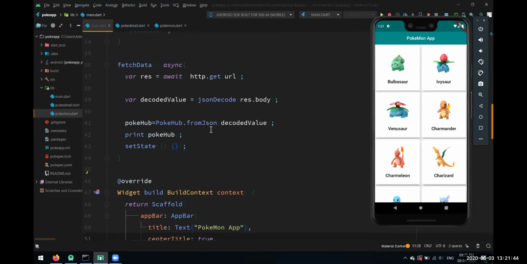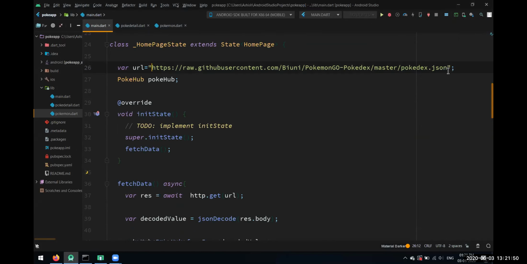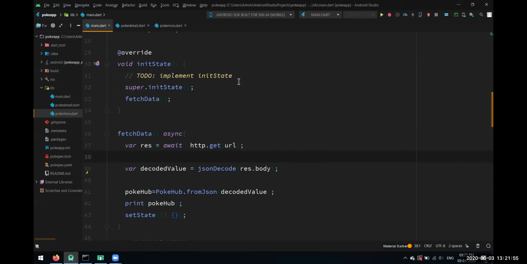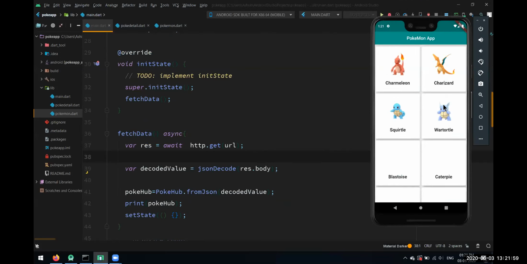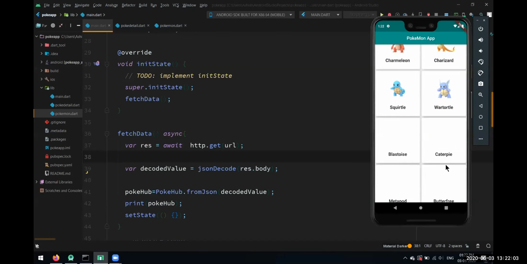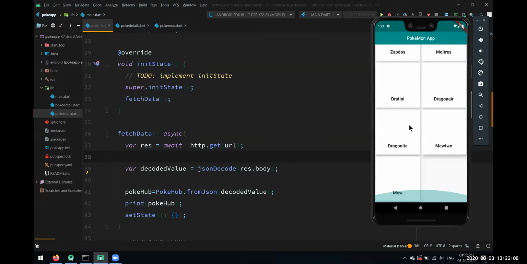We did some HTTP request over here. We used this URL, we fetched data from that URL, and whatever data we got from that URL, we used it over here and built these widgets. There are lots of them. You can keep scrolling on.